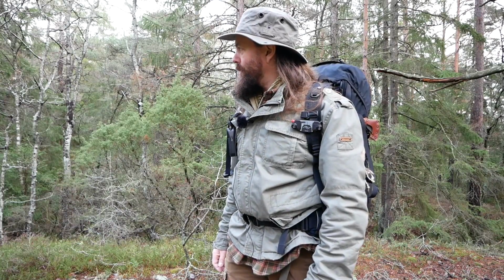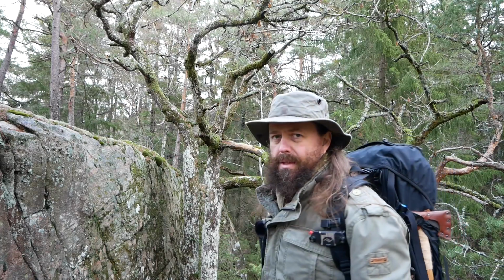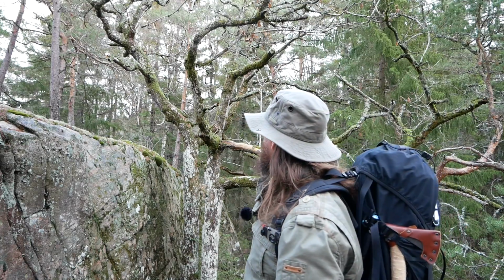But okay, let's move on and see if we can find some fallen over trees. It shouldn't be difficult because it's been a very windy autumn. Now behind me, this beautiful old oak here is dying. This one would have been a very good material for making several bowls and kuksas, but I don't want to cut any of that old oak down because,